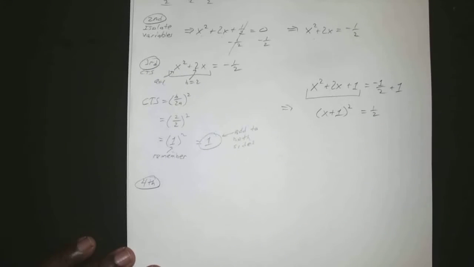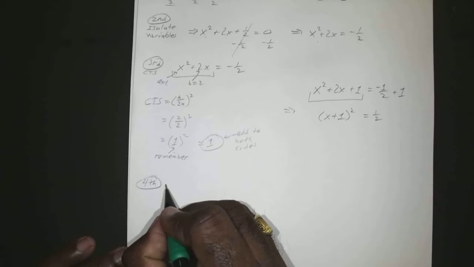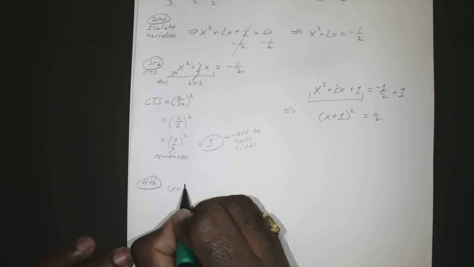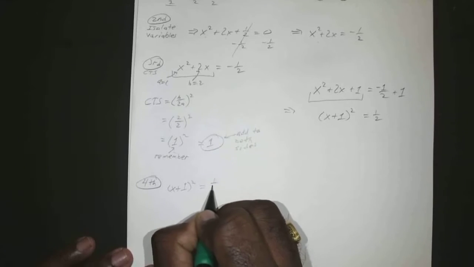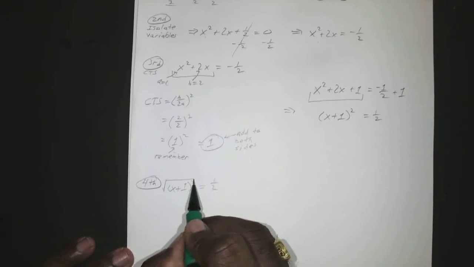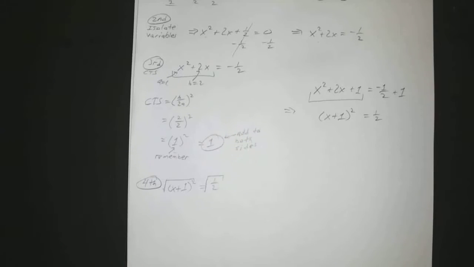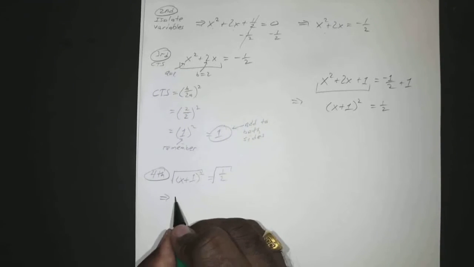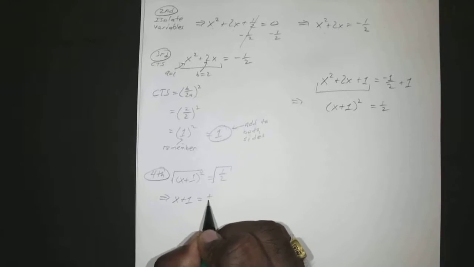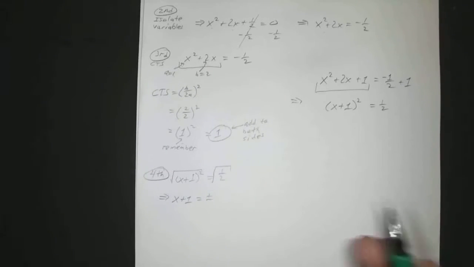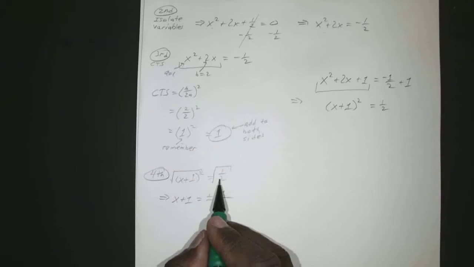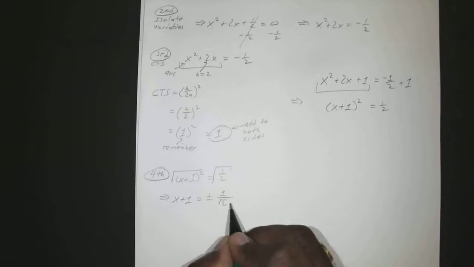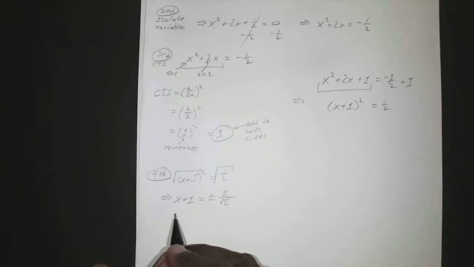Okay, so fourth step, you're just going to square root both sides and solve. Remember, the square and the square root always cancel each other out. So x plus 1 equals plus or minus square root of 1, which is just 1, and square root of 2, you can leave that as square root of 2. And if we just subtract 1 from both sides,